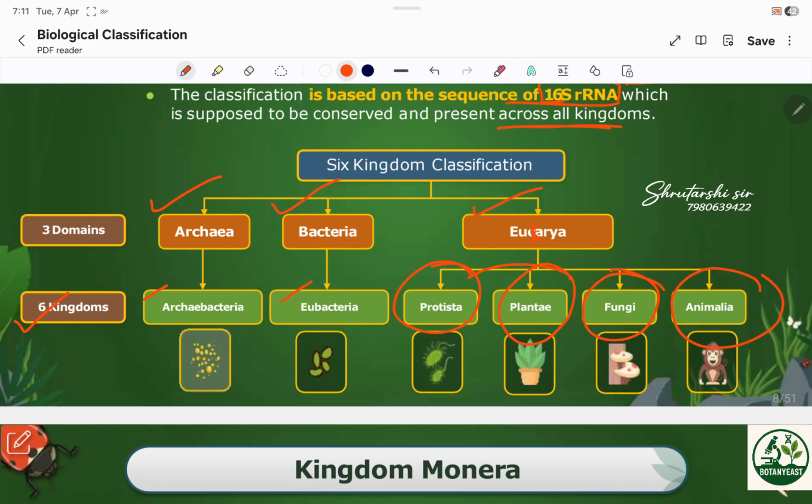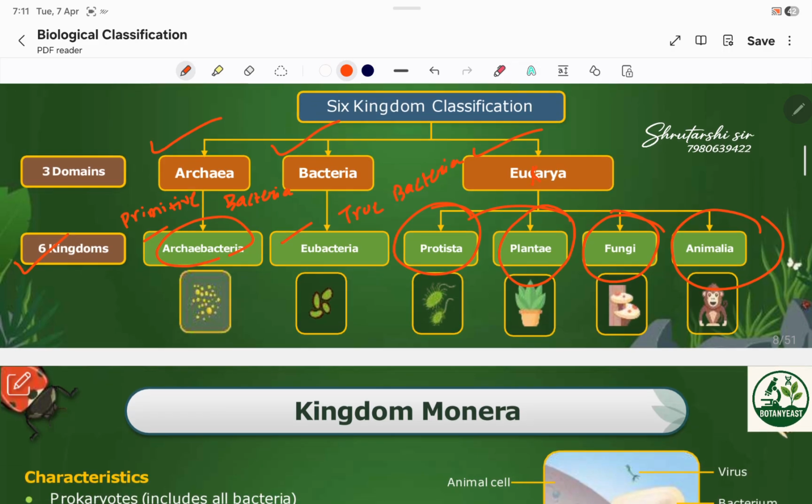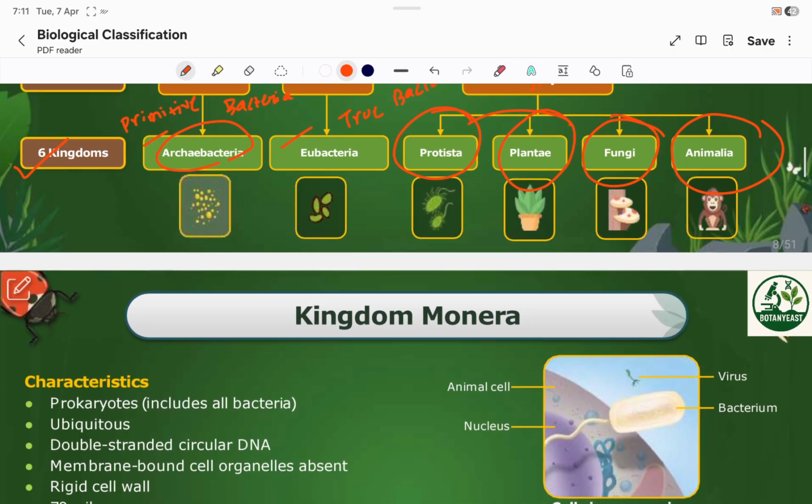Clear? So in the archaea comes the archaebacteria or the primitive bacteria. In the eubacteria comes the true bacteria. And in the eukarya comes protista, plantae, fungi and animalia, which are eukaryotic in nature. Okay. Until this, I think you all are understanding, right? Now